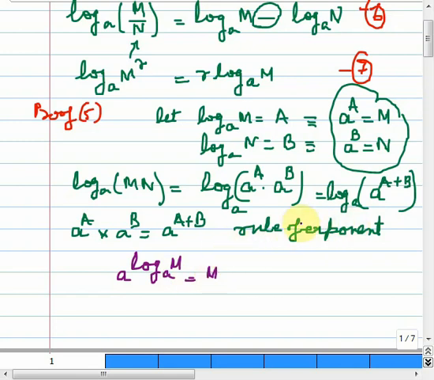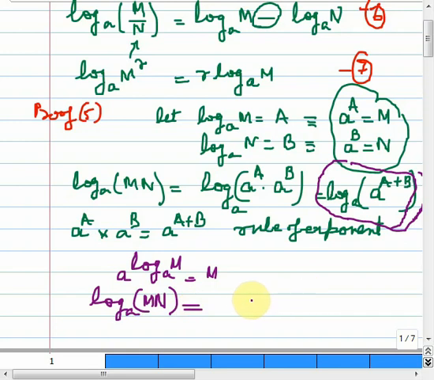Now we apply this rule in this equation. Here I am applying. What is the left hand side? Left hand side is log a mn, and right hand side becomes log a, you see,